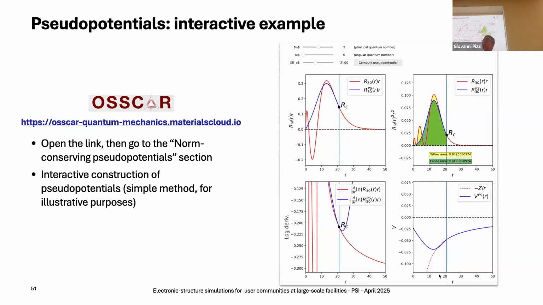The blue solution is my pseudo wave function, and they can obtain what my pseudo potential is. In this case, the red is the correct potential of a nucleus, minus Z over R, which diverges. In order to get this being the ground state, the code tells me this should be the potential I need to put. If I put this potential and solve, I get the first ground state being this, where beyond this radius the functions are the same, the solution is normalized, and there are a few more conditions